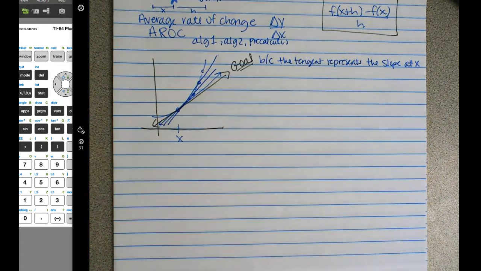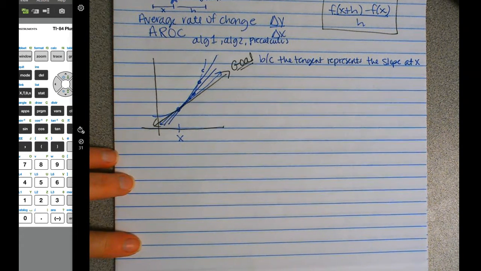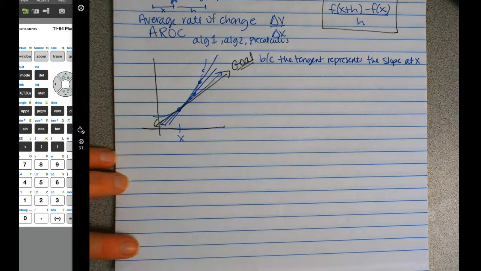Am I getting closer and closer as h gets smaller? Does that make sense to you? Can you see, Zach? It's a glare from that one. You can't see like right